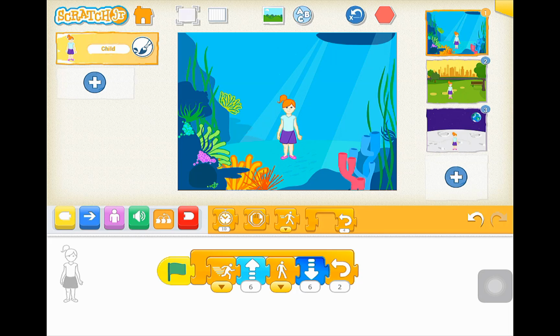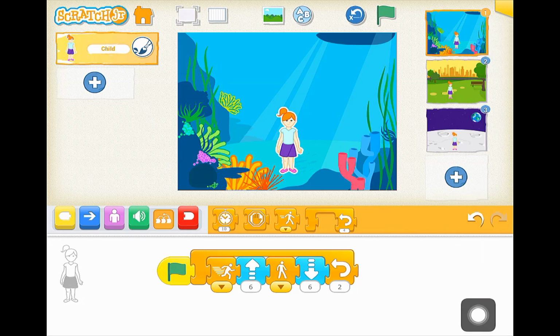She jumps once. She floats down in the water, jumps again, floats down. I think you get the idea there. You can see visually how that makes sense when you're in the water, right? The water helps, it's buoyant, it keeps you up, and makes you fall down not as quickly. So that's fantastic. That's what I've now shown in my first stage, but I want it to go automatically to